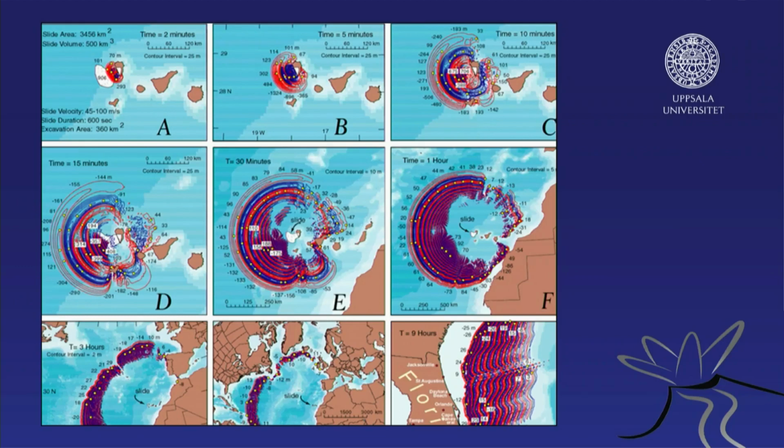It would be approximately 20 to 30 meters high. But there's a lot of assumptions here. One assumption is that it's going in one big splurge, and it may actually come in small trickles. Then computer modelers want to see the extreme, and they use the parameters that allow them to come up with the most intense type of model. So these authors have been criticized for being a little selective with the extreme parameters and things like that. So the good news, or the good result from this study, was that the Spanish government decided,